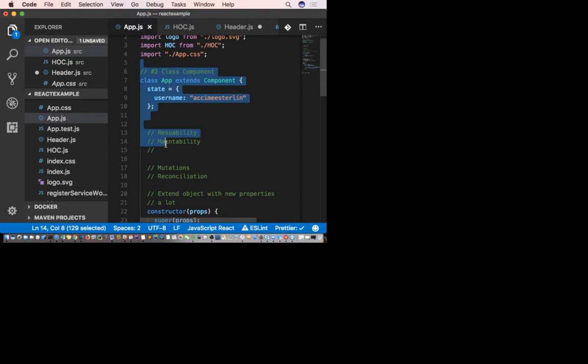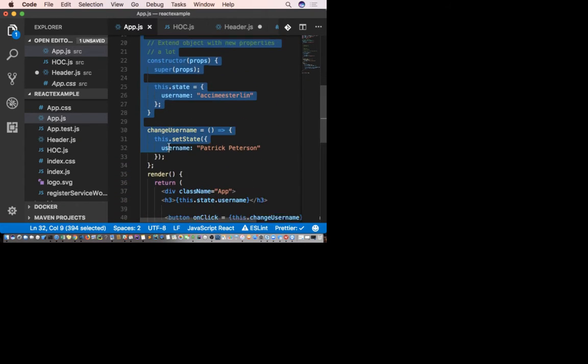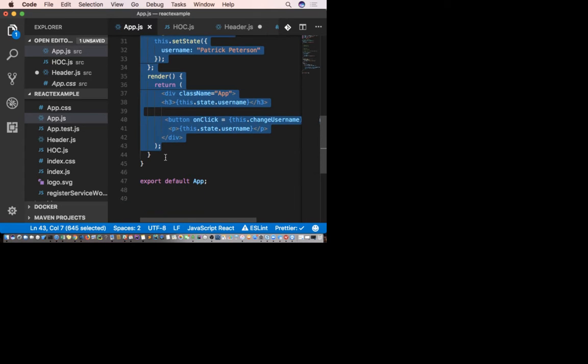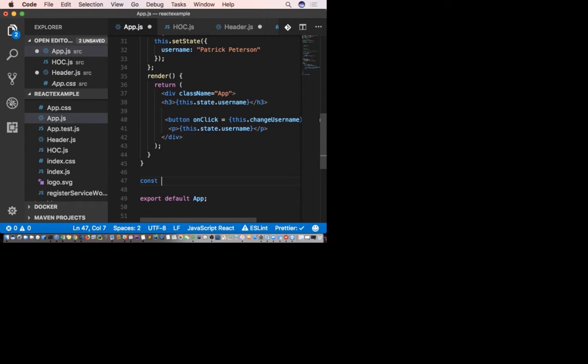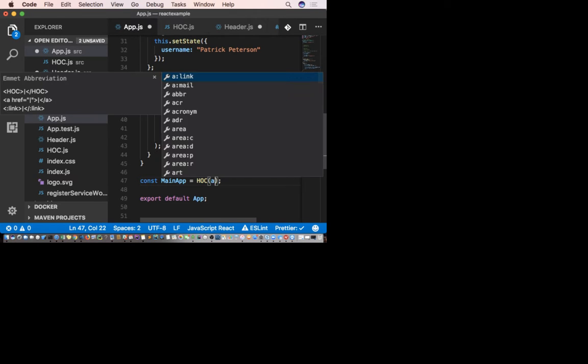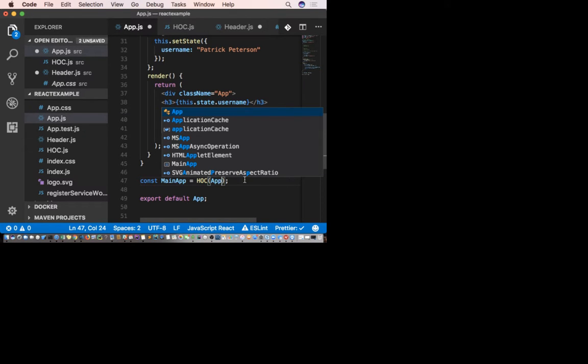Remember, this is my component, right? Well, down here, I'm gonna say main app, and I call my higher order component, and I pass it my app component right here.